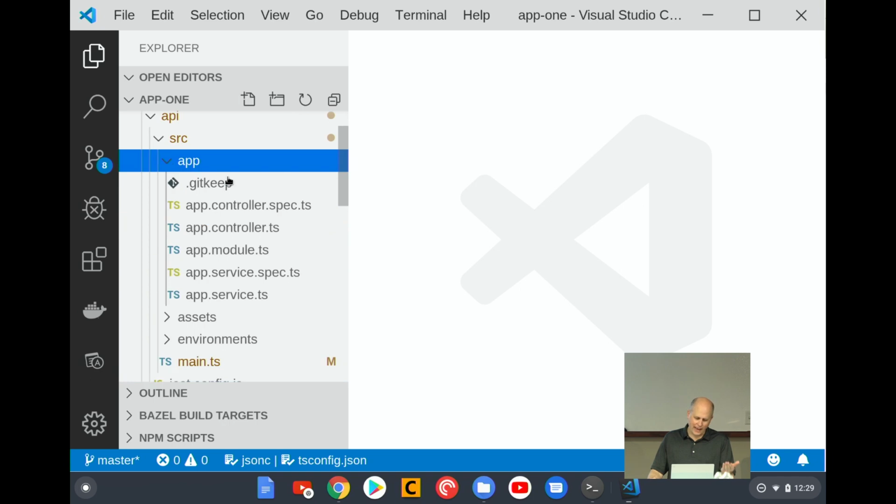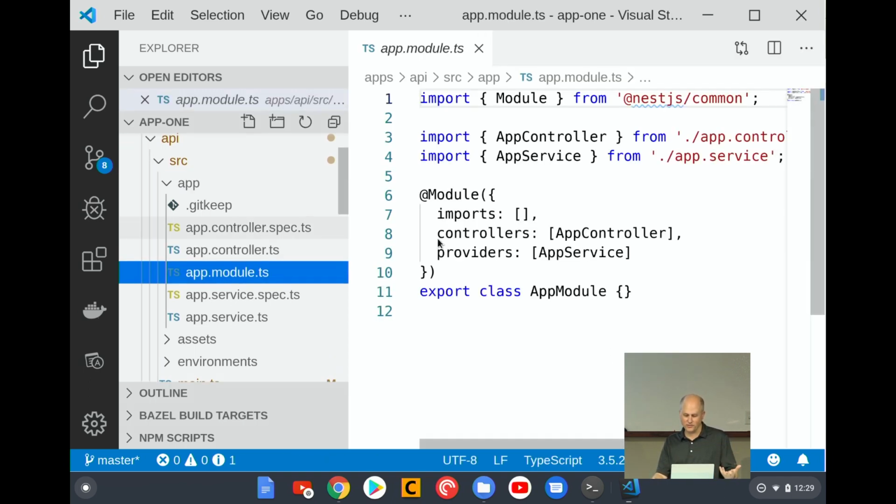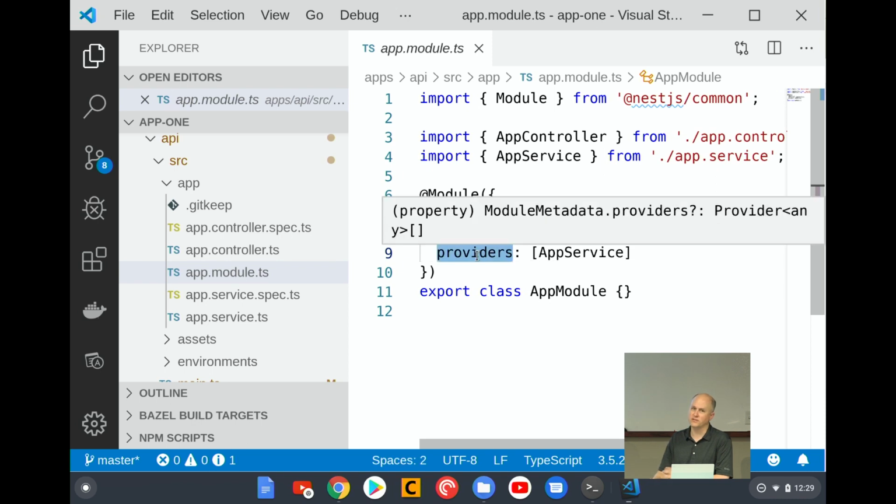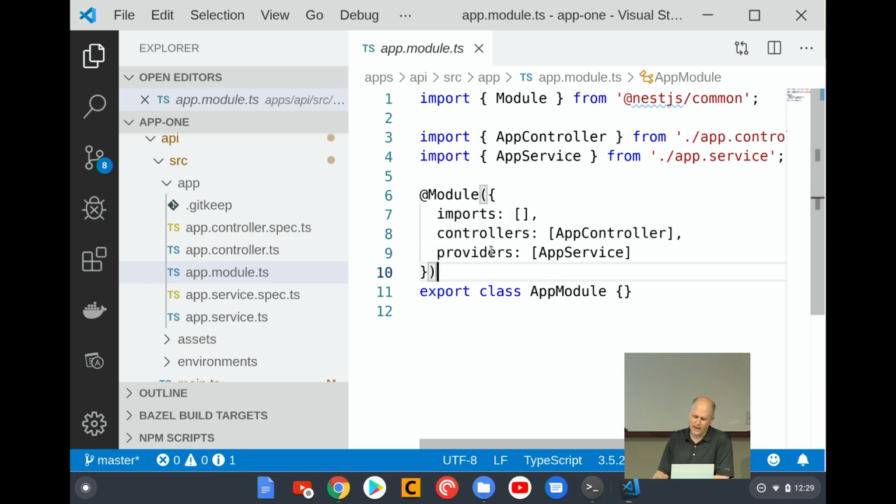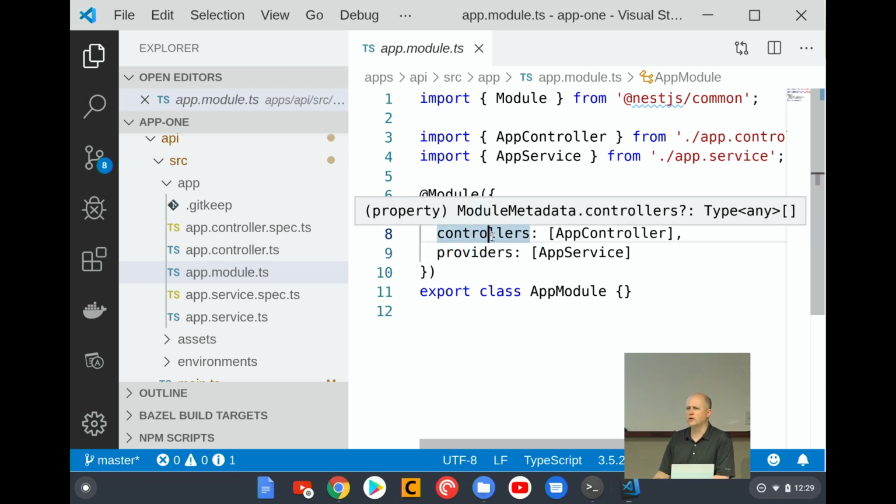Then once you get inside the app directory, if you squint a little bit, you could think you're in an Angular app, right? So a Nest API server is composed of a bunch of modules, and those modules have various categories of things in them. One of those things they have is providers, which works just like Angular providers. It has an idea of a controller, which they don't have components here, they have controllers, so it's a little bit like